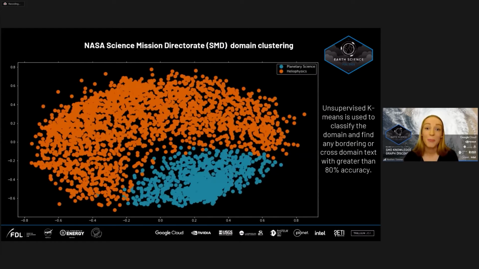Thank you, Marcella. Before building the knowledge graph, we wanted to verify that there's an overlap between the different domains of the NASA SMD. We use k-means for this, which is an ML-based clustering algorithm, and we checked whether the clusters overlap. On this slide, you can see the k-means clusters for abstracts of planetary science and heliophysics. K-means achieved 80% classification accuracy. We achieved this high accuracy as the algorithm can distinguish between the two domains pretty well, but it didn't achieve 100% accuracy as there are many overlapping terms.